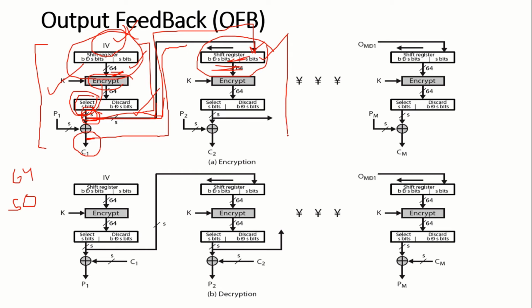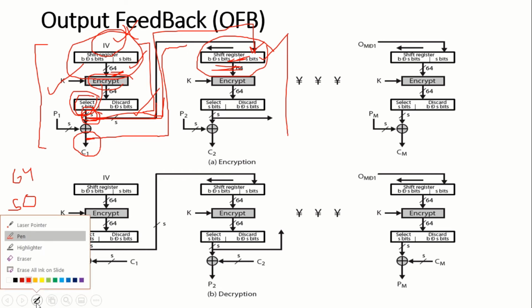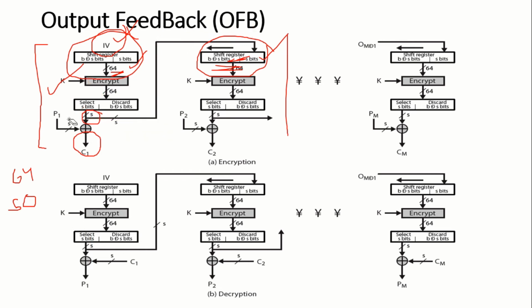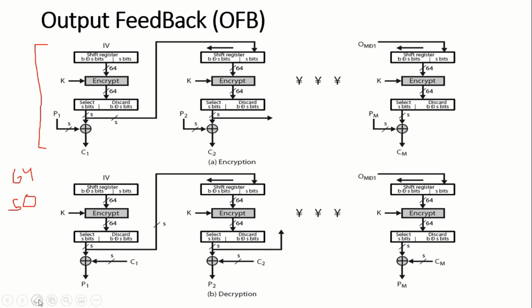Okay, and this process goes on, right? So the difference between the cipher feedback which we discussed in the previous class and this output feedback is only this one: in cipher feedback we were feeding back the cipher block which we got over here, and in this output feedback we are feeding back the output which we are getting over here. Okay, so I'll show you the diagram of cipher feedback as well, so that it will be clear to you